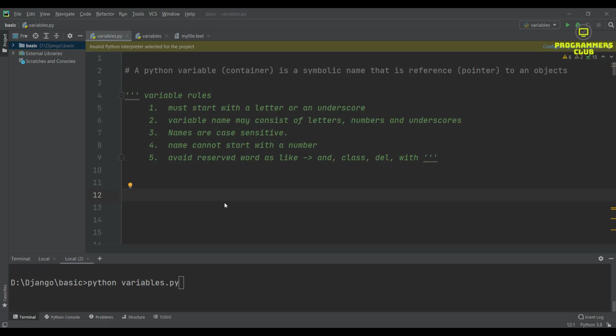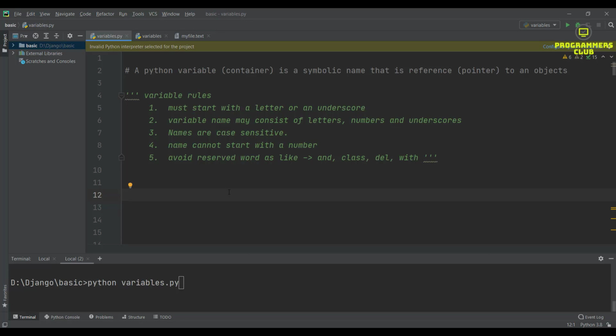A Python variable is a container which contains the reference or address of the value. We can also say a Python variable is a symbolic name that is a reference to an object. If you have any confusion about this theory, I will explain after a while.